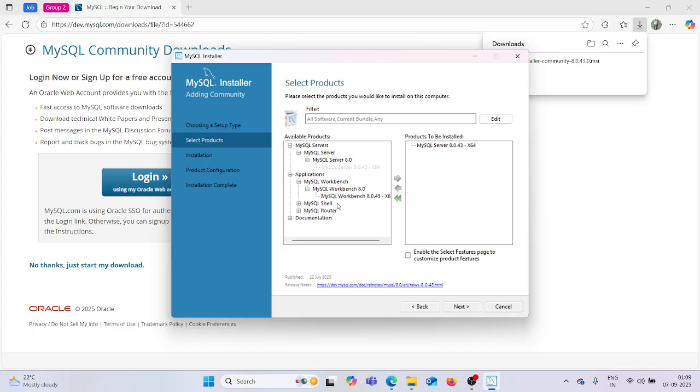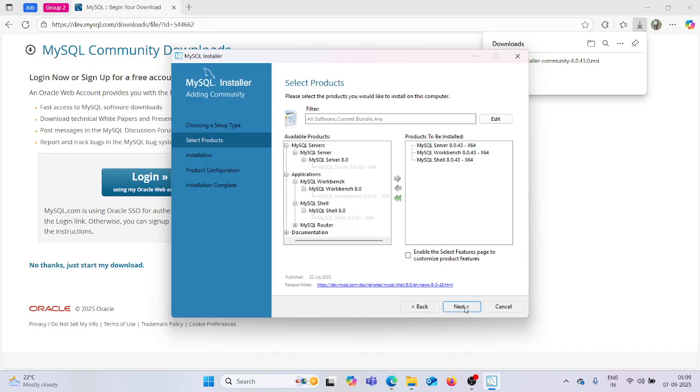As I mentioned in the MySQL ecosystem, there are three components: MySQL Server, MySQL Workbench, and MySQL Shell. Now these three products we need to download. You got it?